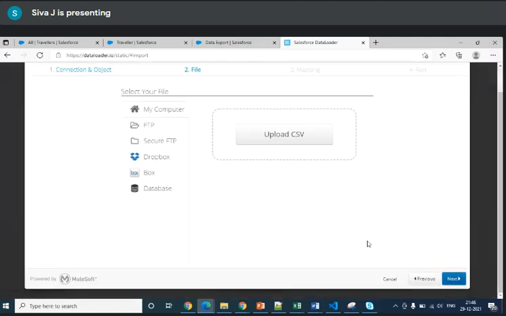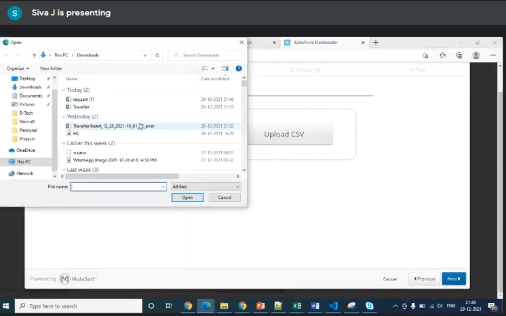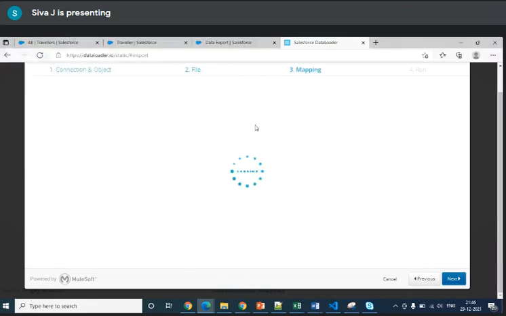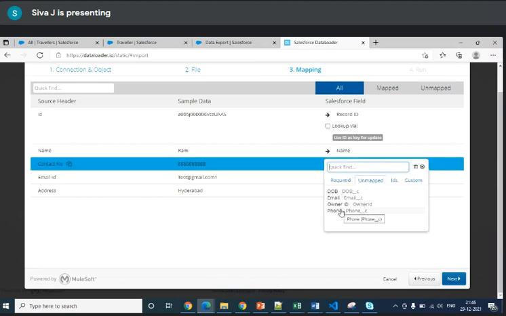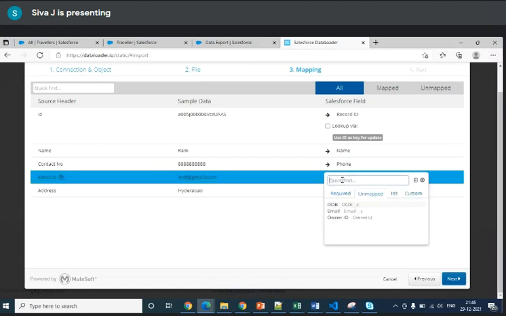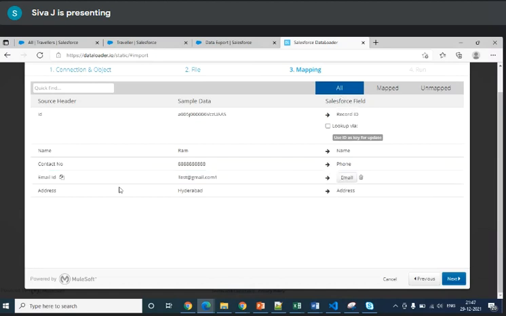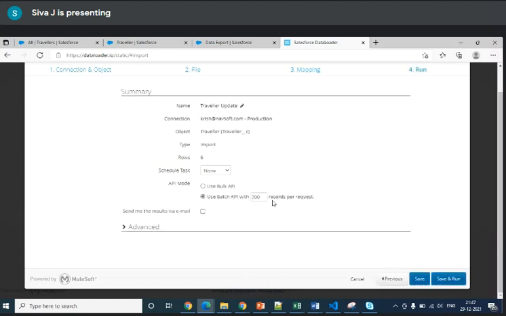Then click next. I can choose whichever file I want, and click next. If the values are mapped, it maps automatically; if not, it will ask you to select. Contact ID is not mapped since the values are different, so you should select it. Once all the maps are done, click next. If you want to process bulk data, it is better to choose this, but for now it's fine.